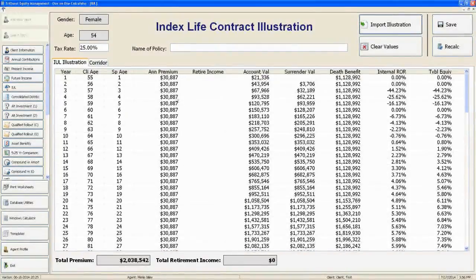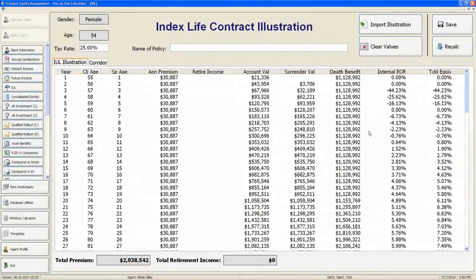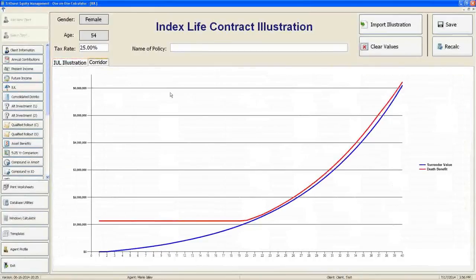Now you can see because it's not in corridor, where is the cash? It doesn't get into corridor until the 20th year. You see,